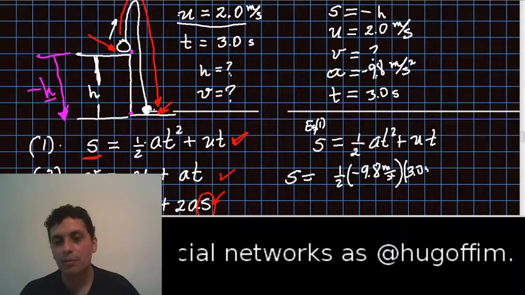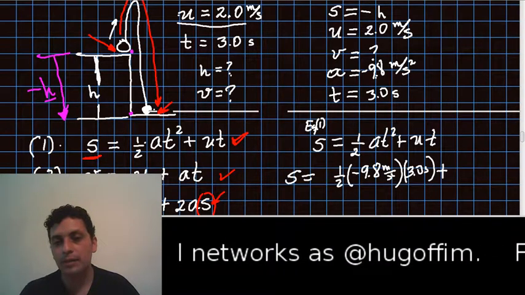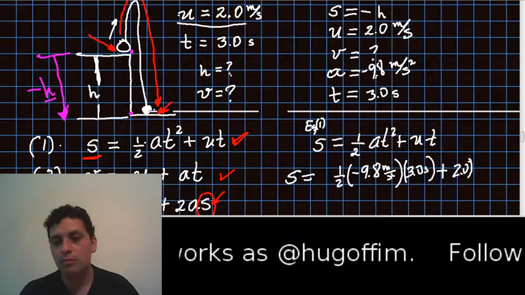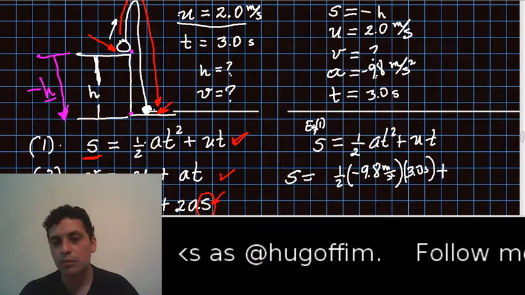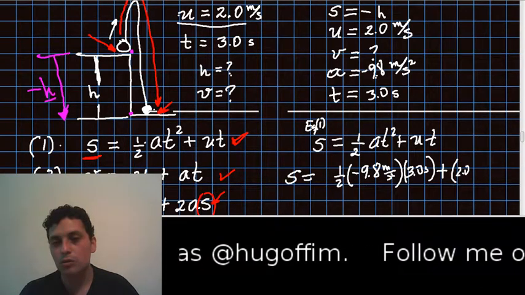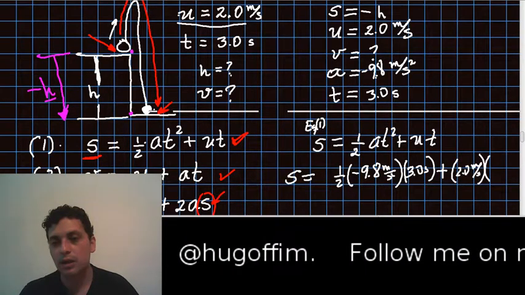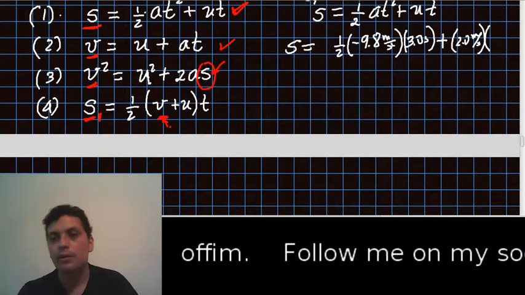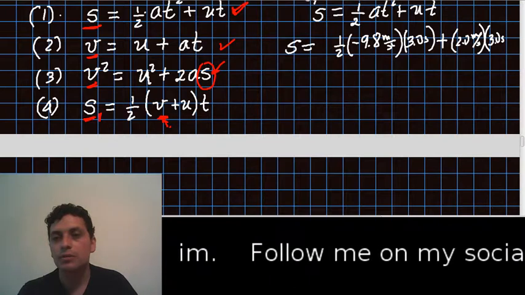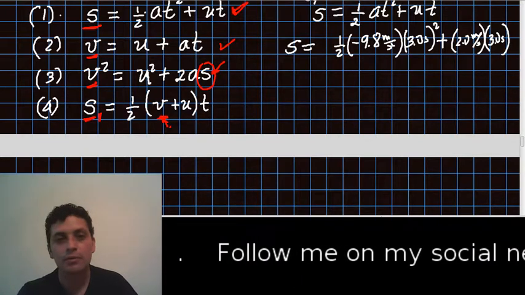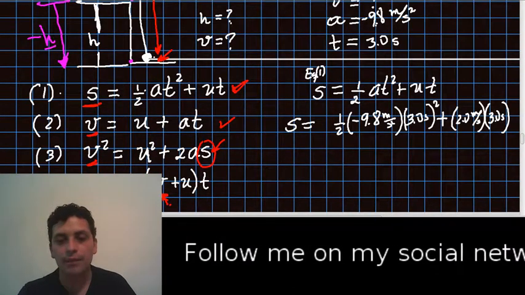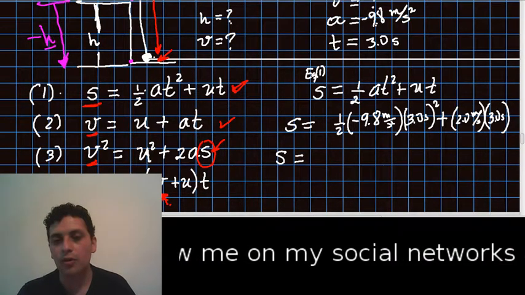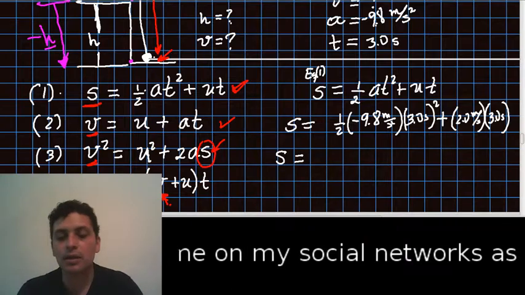times 3.0 seconds, this is to the second power, right, plus 2.0 meters per second times 3.0 seconds. Okay. Now you just need a calculator to compute this, okay? So you're going to have displacement equals to,